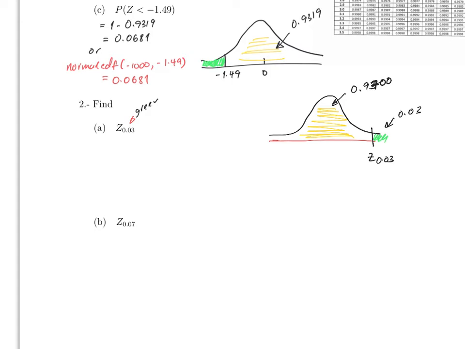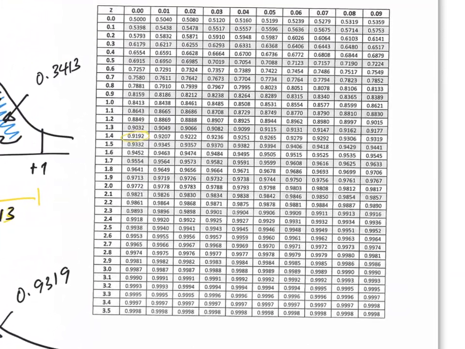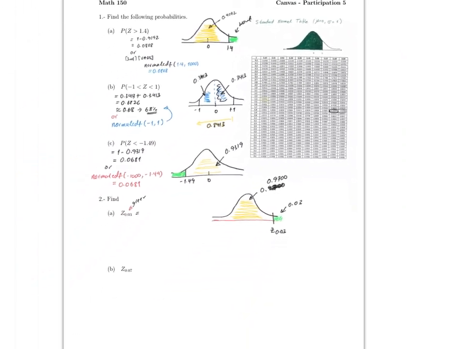And we can just put 0.9700. Actually, let me write it like this, 0.97. And this is the one you had to look for on the table. Is that okay? If we look at the table, the closest thing to 0.97 is between these two, right? The closest one for sure is this one, which is 1.88. Is that okay? So therefore the answer, if you use the table, is